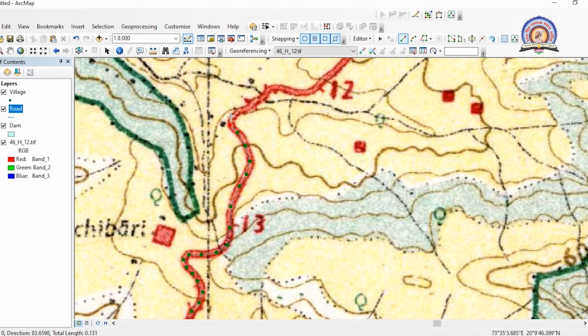We have to be very careful when we are digitizing a curve region. We can take small points so that our accuracy improves.